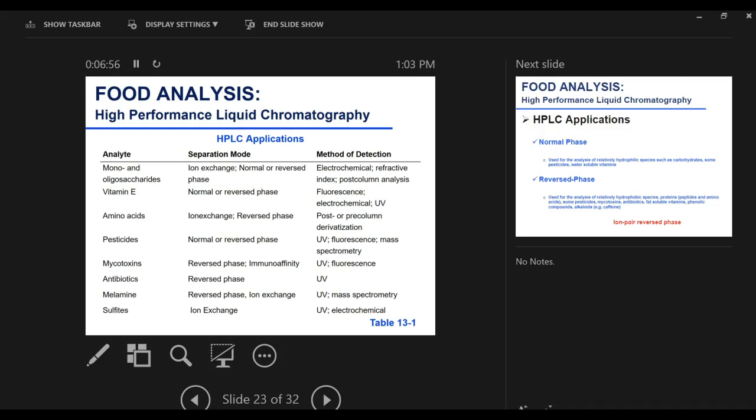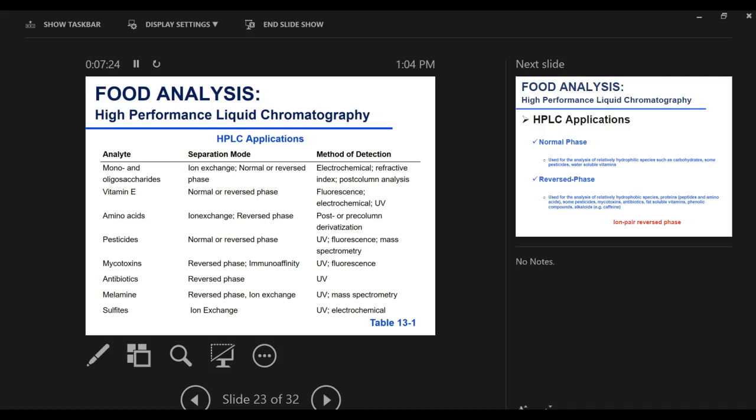You're going to tell me normal phase, reverse phase, cation, anion exchange, or affinity chromatography. You're going to select a separation mode, and then I'm going to ask you, what's the detection? How are you detecting your compound? So you're going to say the type of detector, electrochemical detector, or it's going to be a fluorescence or an